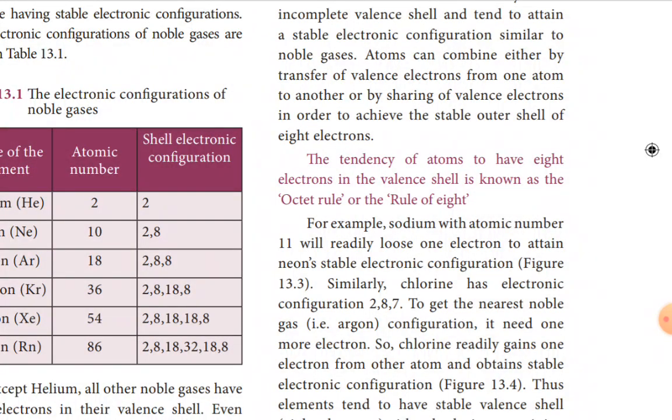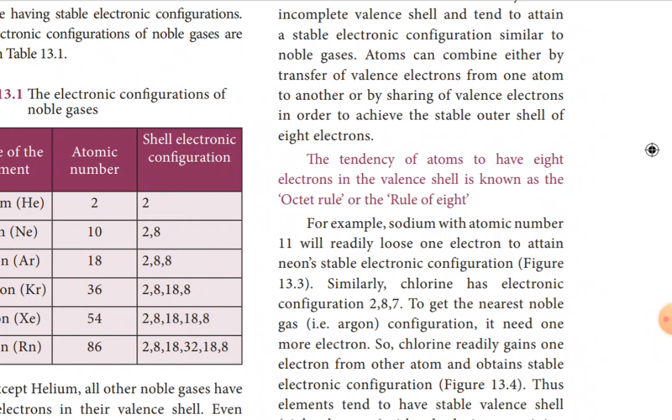At the same time, you have to see chlorine. The atomic number of chlorine is 17. That is 17 protons and 17 electrons. So the 17 electrons can be accommodated using the formula 2n squared. What is the configuration? 2, 8, 7. K shell 2, then L and M. So to get the nearest noble gas configuration, the sodium atom needs to lose one electron, but the chlorine atom needs to gain one electron to attain the nearest stable argon configuration.